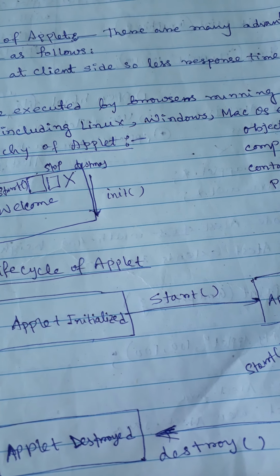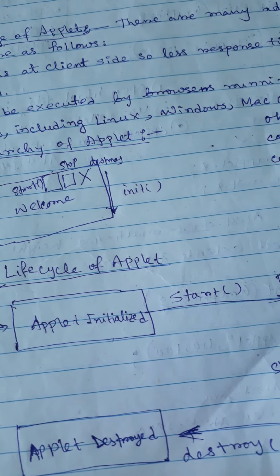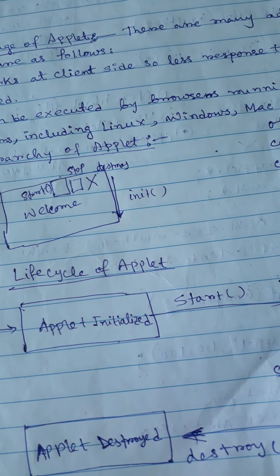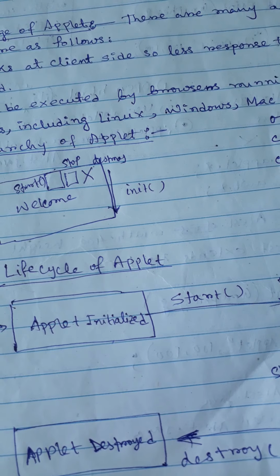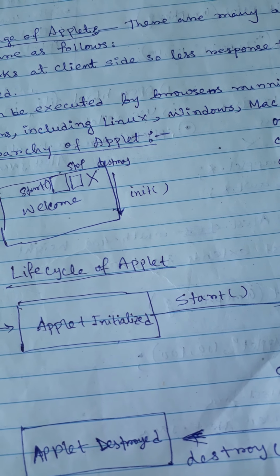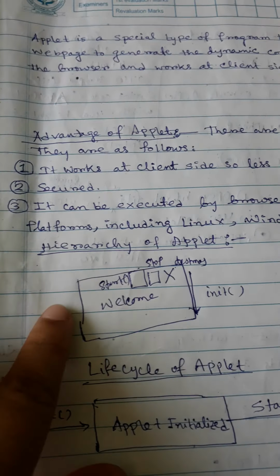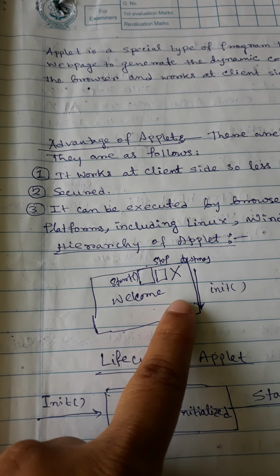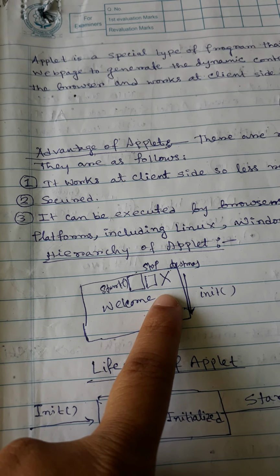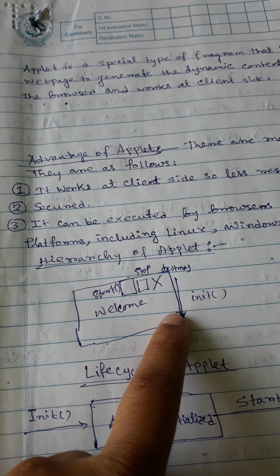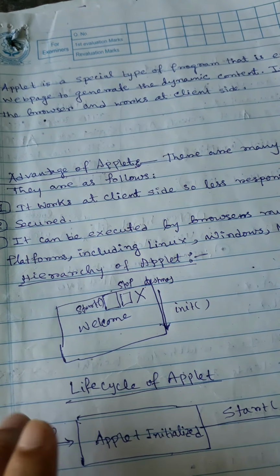Basically, when you write applet code, the init method is used most frequently, because using the init method variables will be initialized. But the start, stop, and destroy methods are rarely used in your applet code. Suppose in your applet code you display the output welcome, and there are a maximize button, minimize button, cross button, and scroll bar.